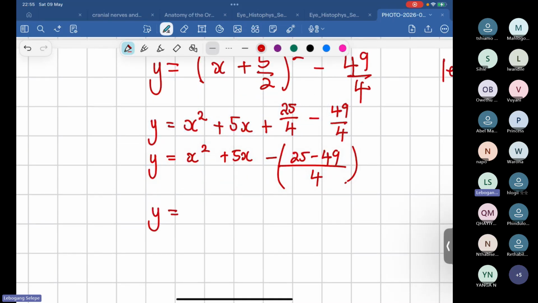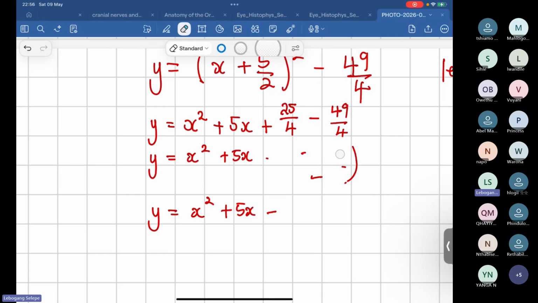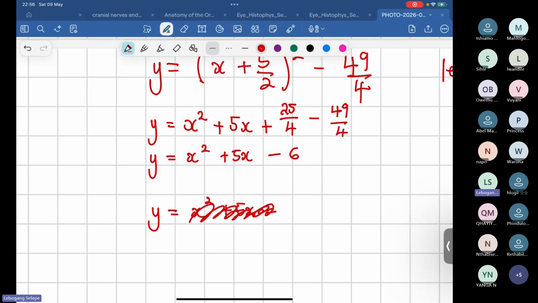Okay, I think I made a mistake somewhere here. Let's just do this to make life easier. So 25 over 4 minus 49 over 4, that's going to be negative 6, if you punch it on your calculator. Therefore, this is going to be the equation